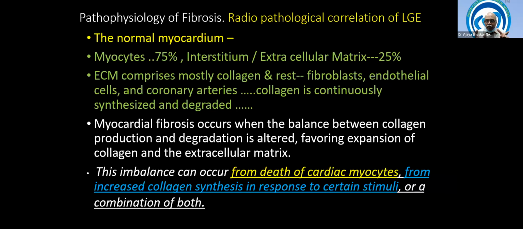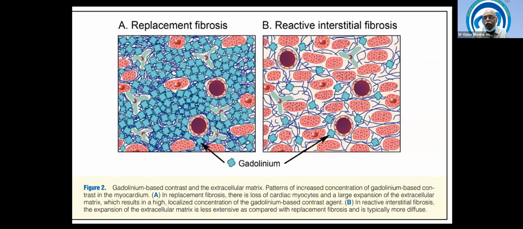And whenever there is an imbalance between degradation or synthesis of collagen, there is fibrosis. And this fibrosis can occur because of ischemia, infarction, or insults, or infection, inflammation, and infiltration. So this extracellular matrix is what is now forming the basis for fibrosis, and fibrosis is the one which is responsible for many